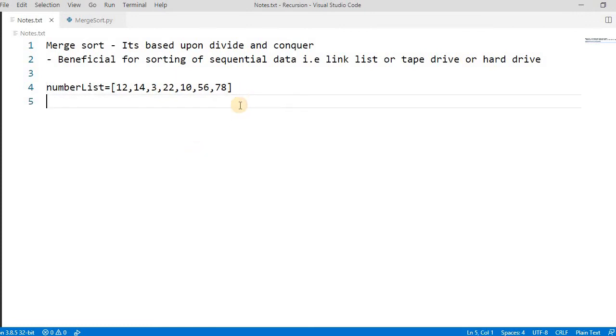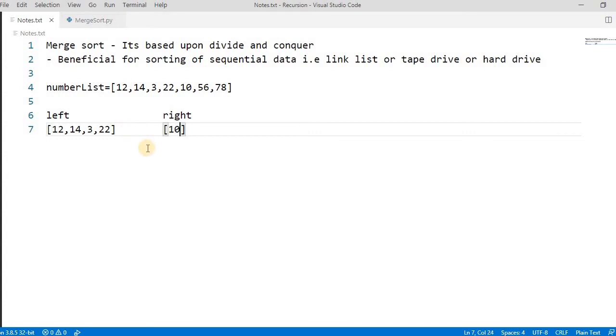So it divides into two parts, the left one and the right one. The left contains 12, 14, 3 and 22, and the right contains 10, 56 and 78. Now it will again divide these into two parts.